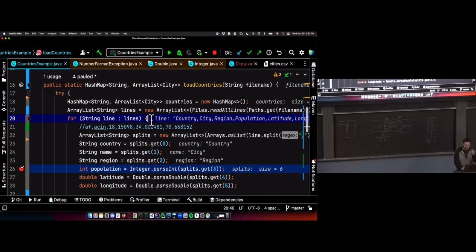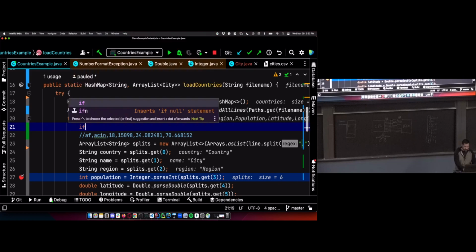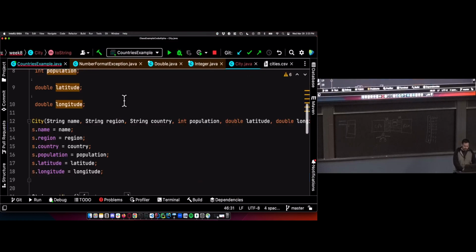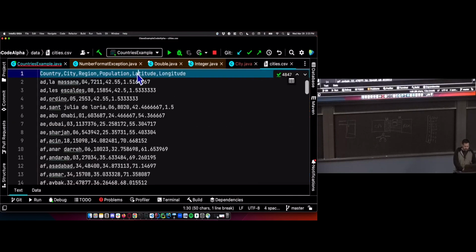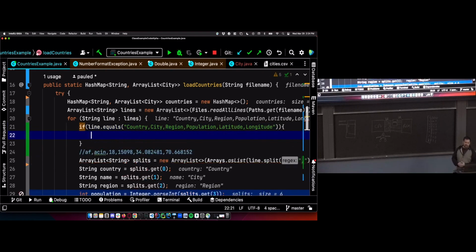And there are several ways to handle the header line. I did it a different way in the first lecture. Let me do it a different way in this section. Maybe I'll do it a third way in the other section. I'm going to say if line dot equals the header line. Oh, with a trailing newline, that's bad. I'm going to say if I'm looking at the header line,